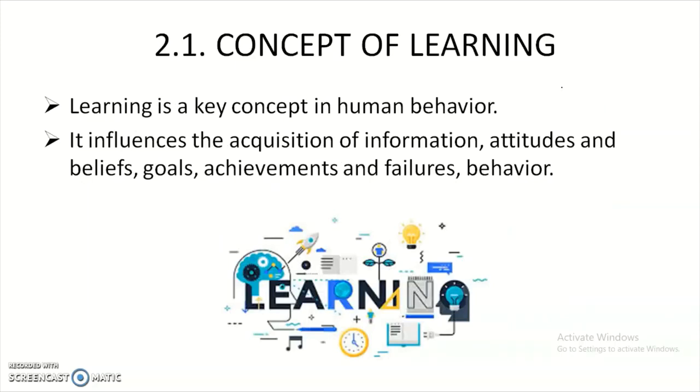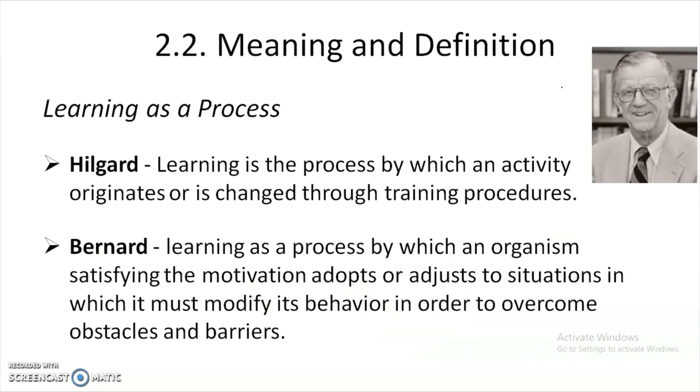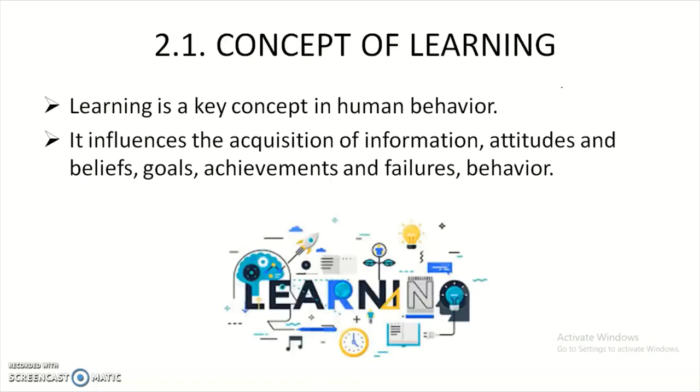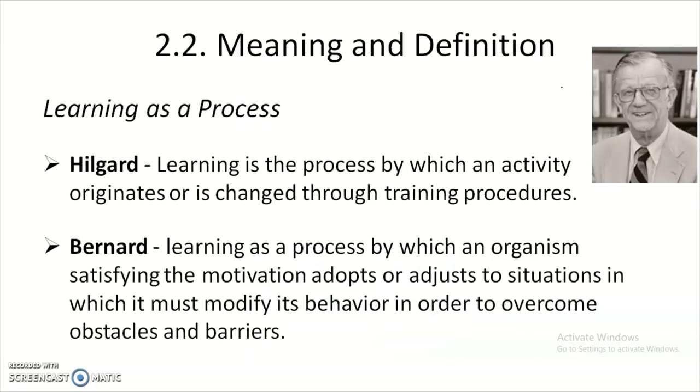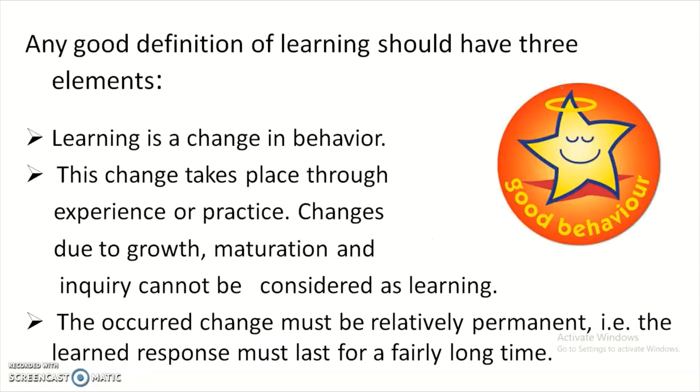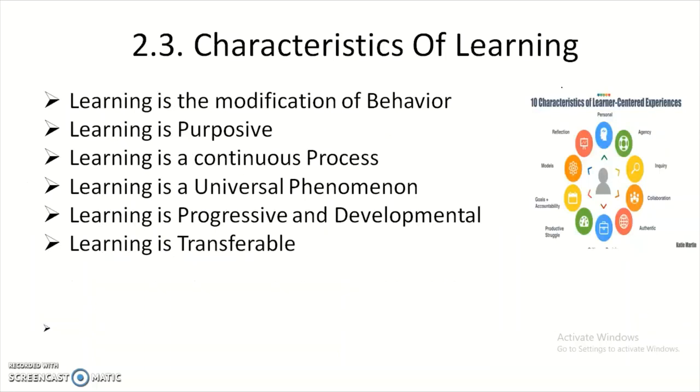So the concept of learning is mainly used to change human behavior permanently, and learning depends not only on textbooks, it depends upon past experience and other human beings or role models, and the meaning and definition by a few experts. And whatever definitions we give to learning, it must include 3 points, that is change in behavior, and the changes happen due to experience or practice, not by maturity, and the changes that occur must be relatively permanent, that means they stay for a long time.